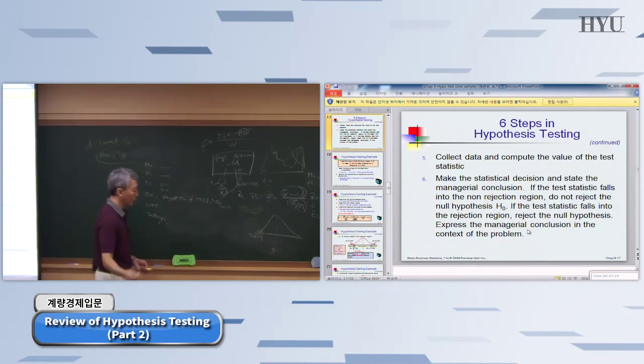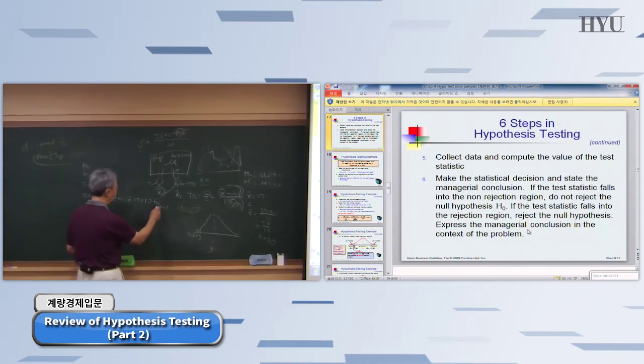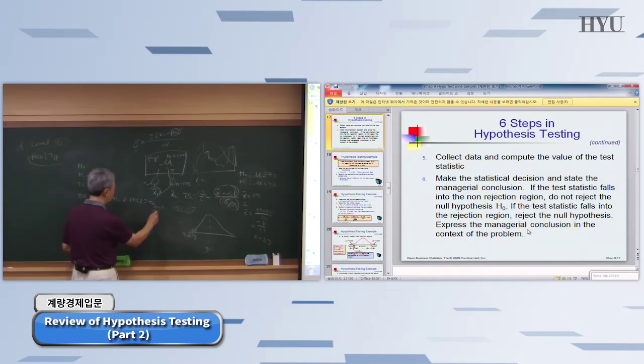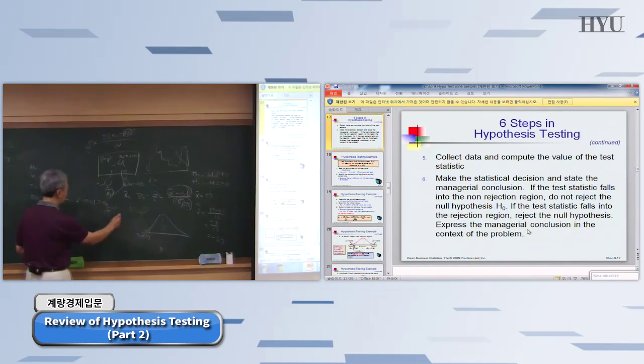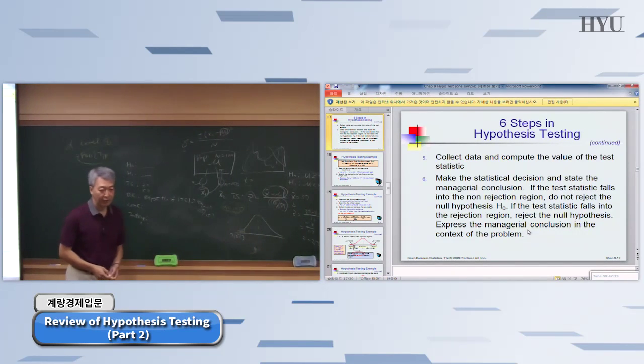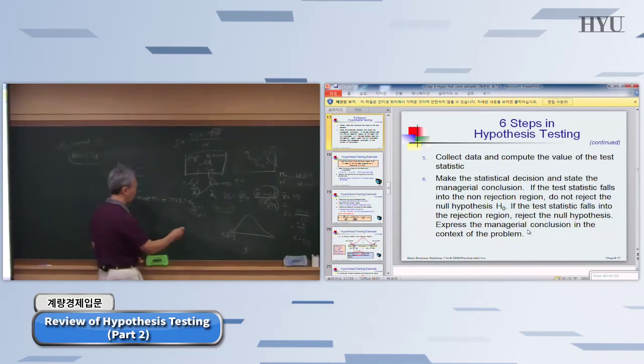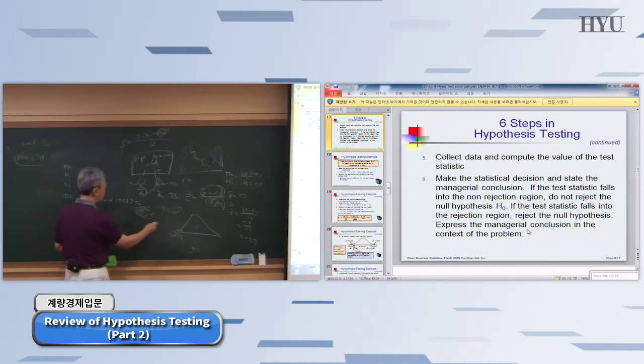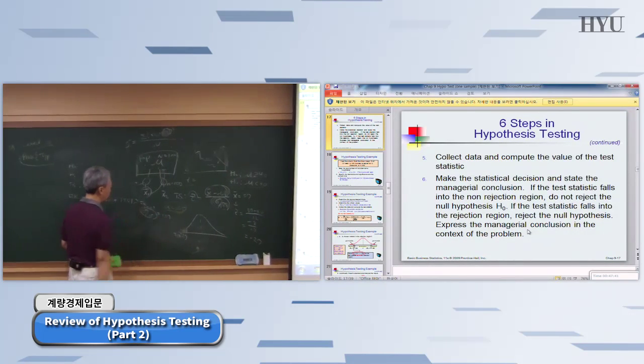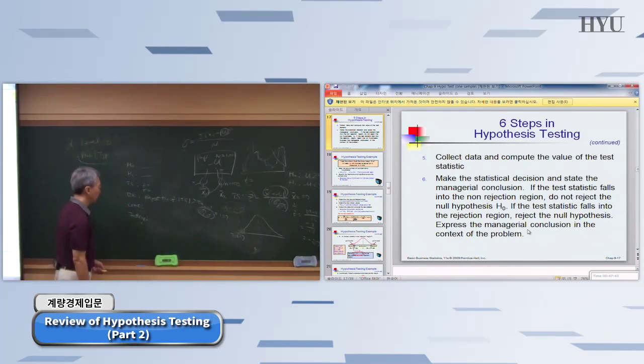So in your actual situation, you may use 0.05 as your alpha level. Degrees of freedom may be 15, right, in case you have 16 as the sample size, something like that, right? All right. So you have to actually look for these numbers from the t table and say this is 1.27, something like that, right? So what that means is